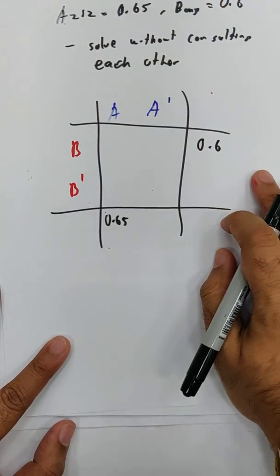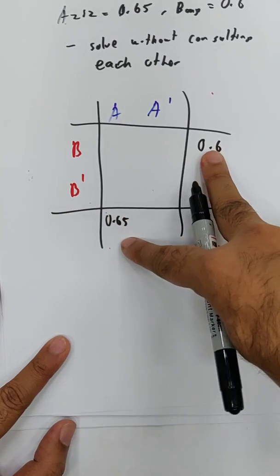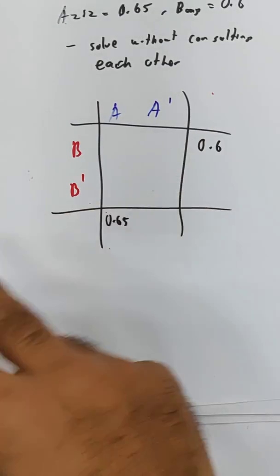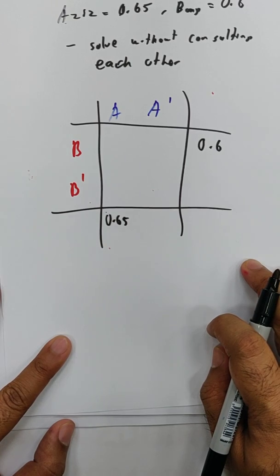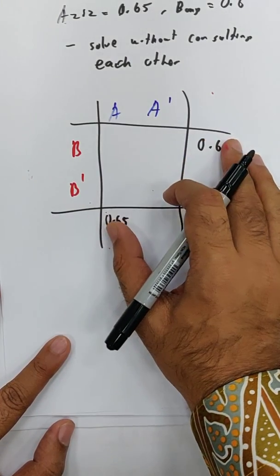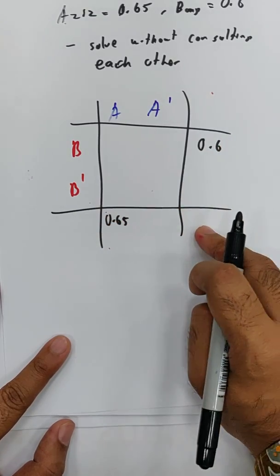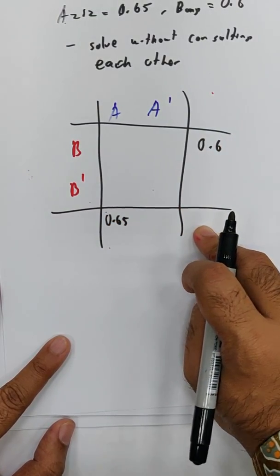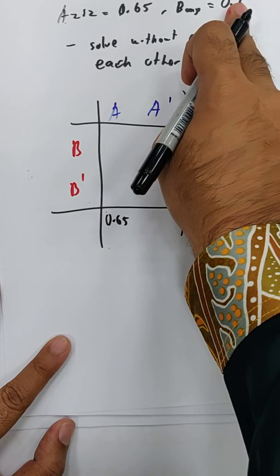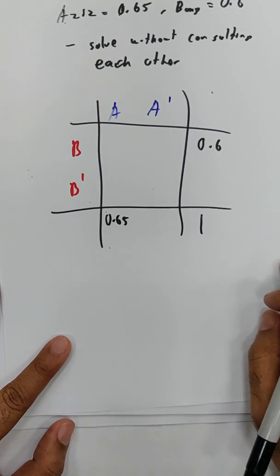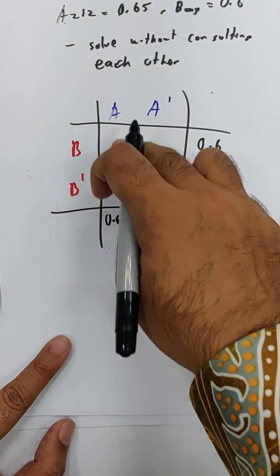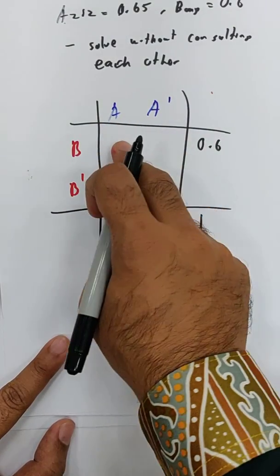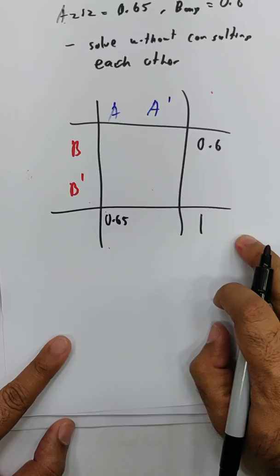I got some people asking me this question. Sir, this is in decimals, they are not in fractions. Should I divide by something to get a fraction? Well, decimals and fractions are kind of the same thing in the first place. So you don't have to turn them into fractions. And what about the total? Is it 0.65 plus 0.6? No, it's not. The total of probability will always equal 1. Okay, now going back to the things just now, what do we need to find inside for us to solve? How?